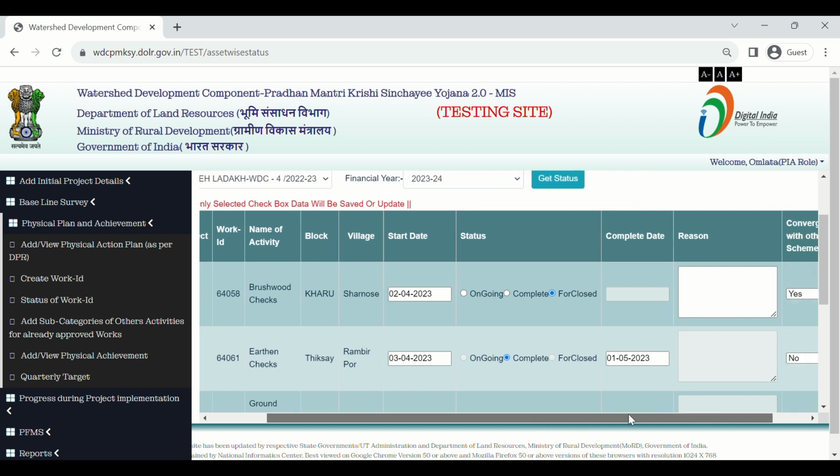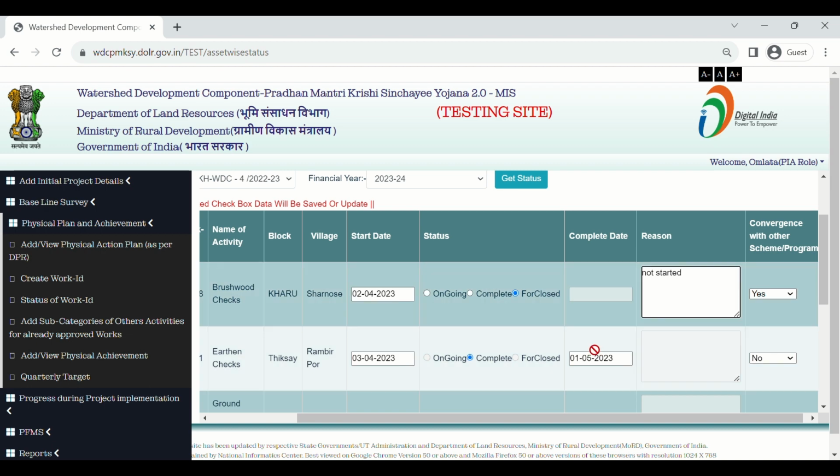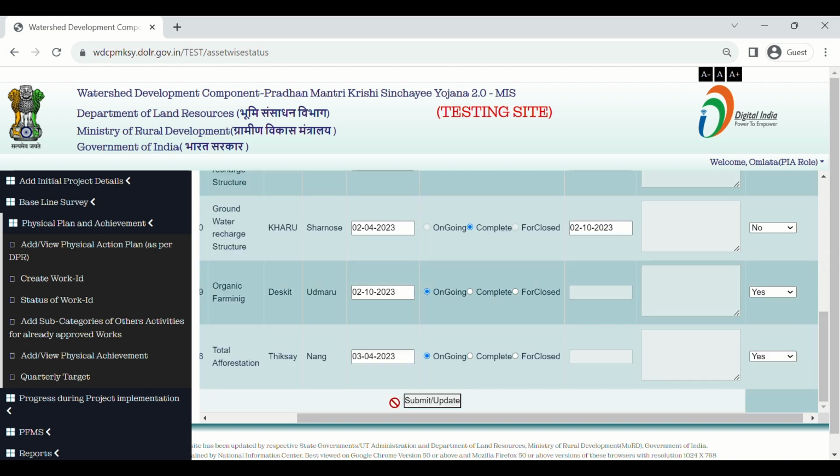In the case of foreclosed, region is a mandatory field. Give the region here. And click on the button Submit Update.